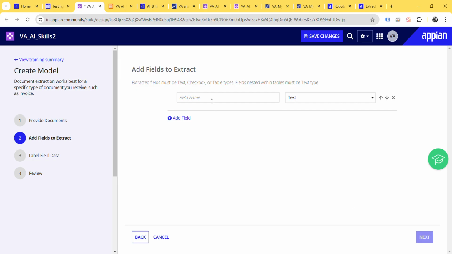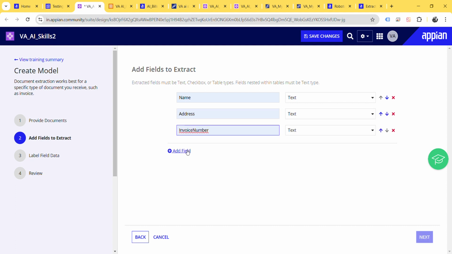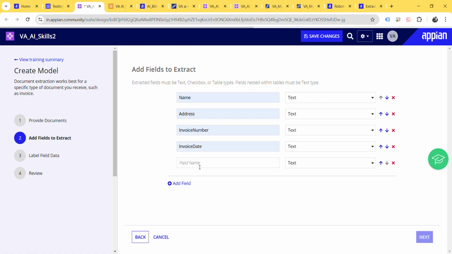See, there are fields, like what fields you want to extract. Like I want to extract the name, the address, the invoice number, the invoice date, and the total amount. These text values will show here because I had worked on that, and you can type any column here that you want to extract. Okay, then click next,